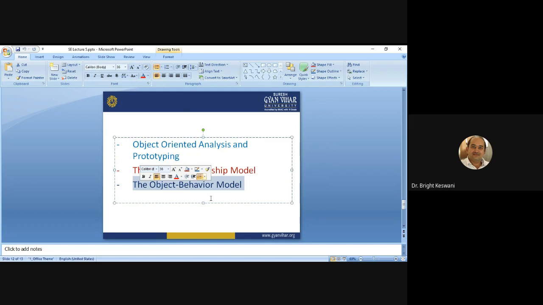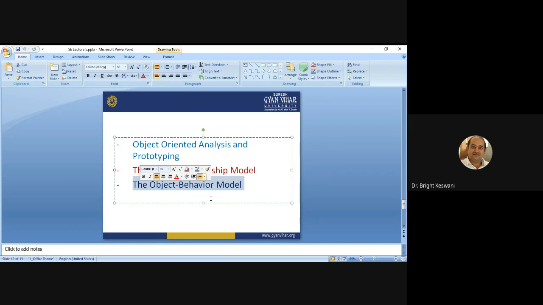What is the purpose of the object behavioral model? You should keep in mind that the first thing is you should make the CRC model first. Then you have to develop the object relationship model, and after development of both models, you should build the object behavioral model.